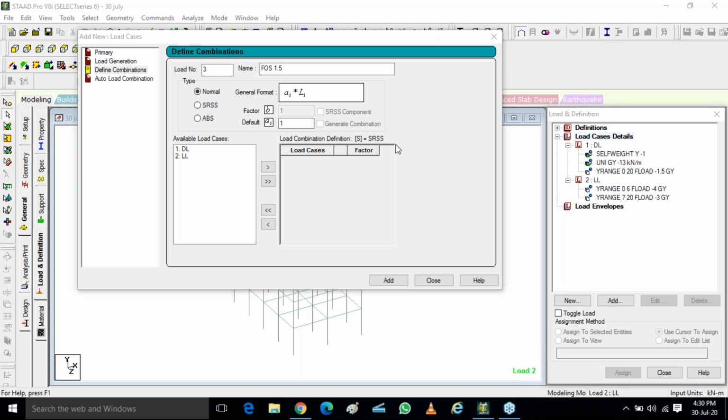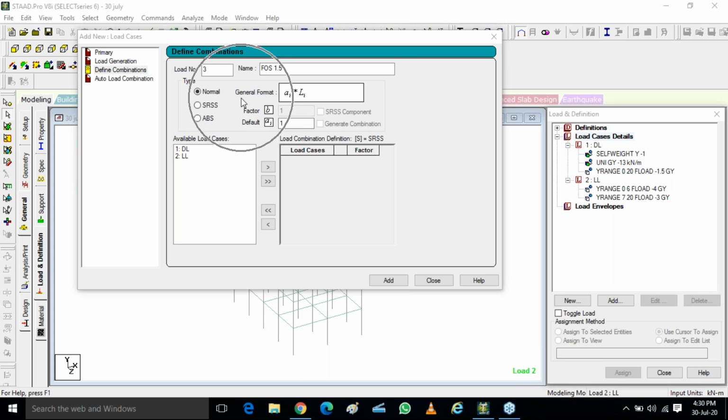Suppose we are putting salt water in that. Okay, we are using an ineffective curing method. We can't cure it. There is a lot of rain, a lot of cold, a lot of heat. How can we control it? So that is there. So we use a factor of safety 1.5.